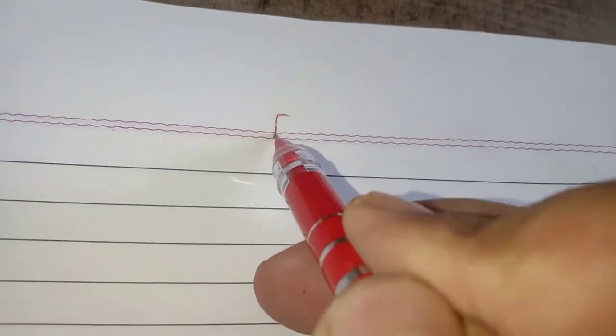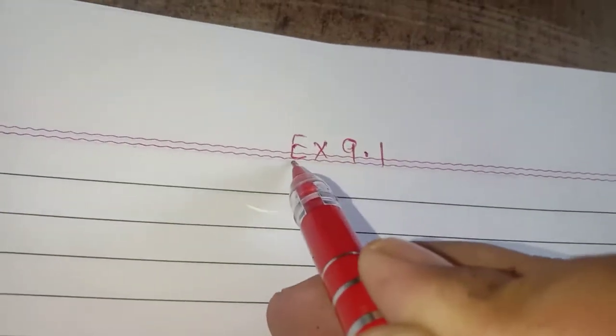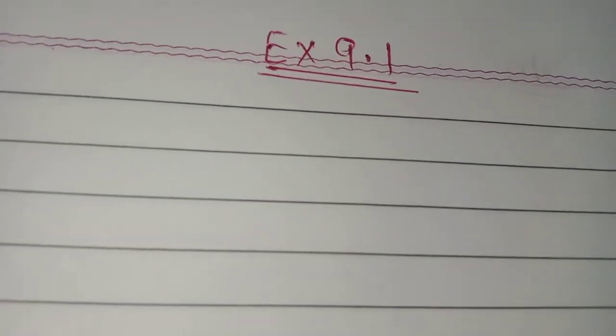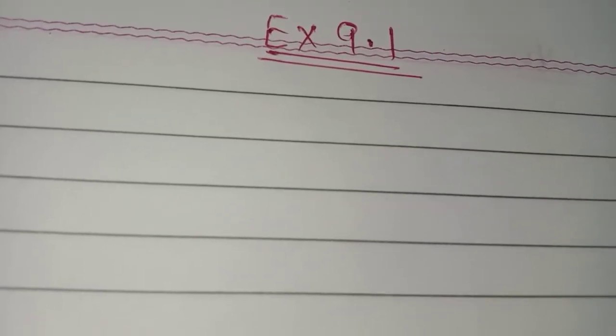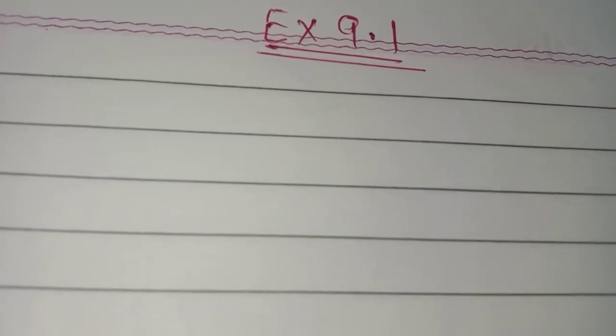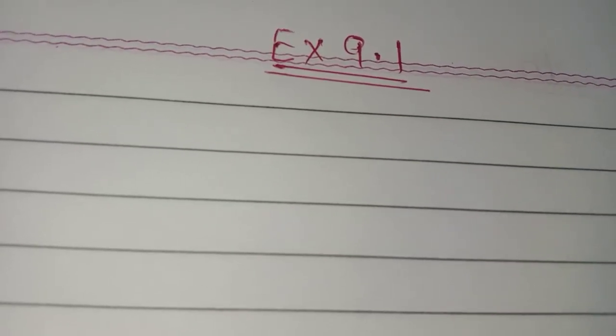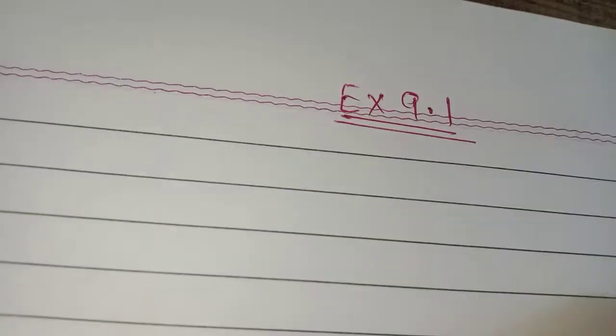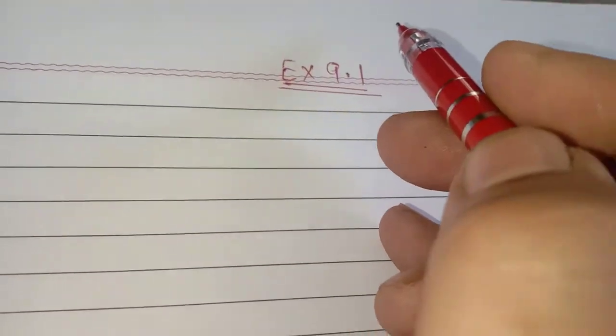Students, we will carry forward today exercise 9.1 and the topic is height and distance. In my last segment I just explained to you about angle of elevation and angle of depression in terms of a right angle triangle. That is, if the object is lying above the horizontal level, it is angle of elevation, and if the object is lying below the horizontal level, it is angle of depression. So now we will do some applications, that is the numericals based on this. So let's start exercise 9.1 today.